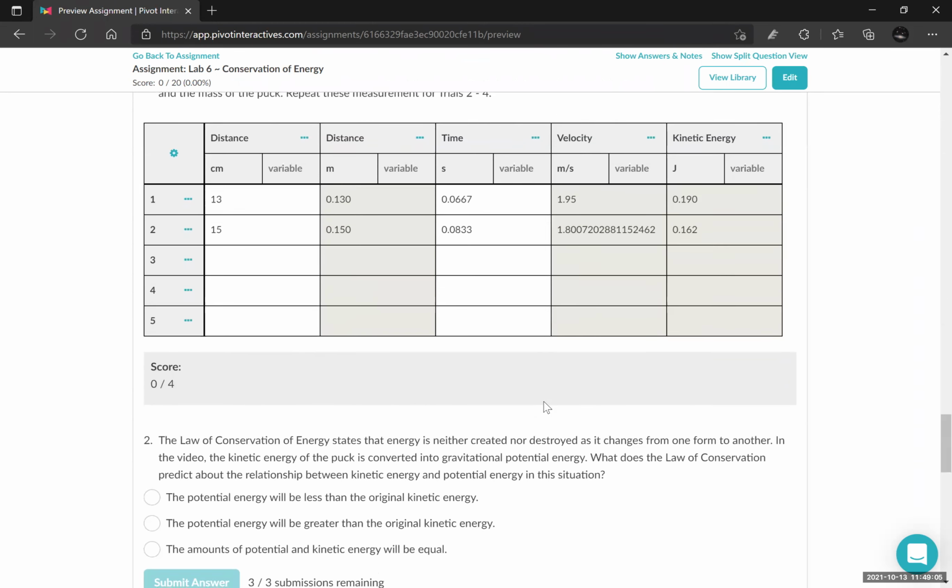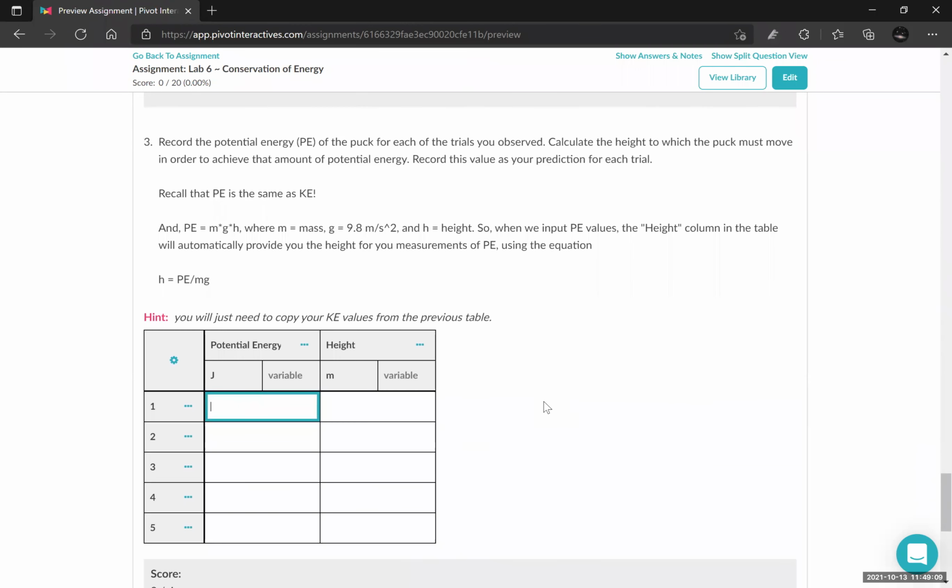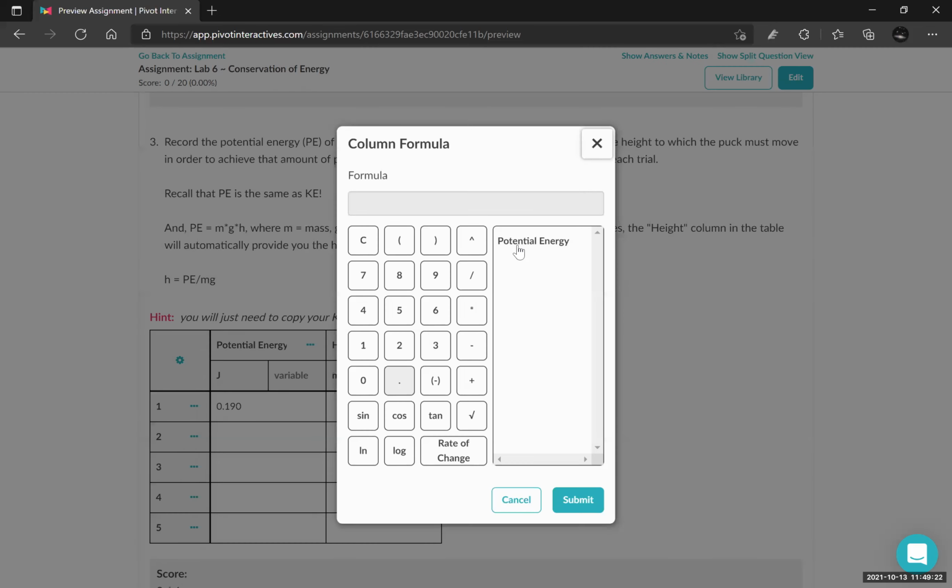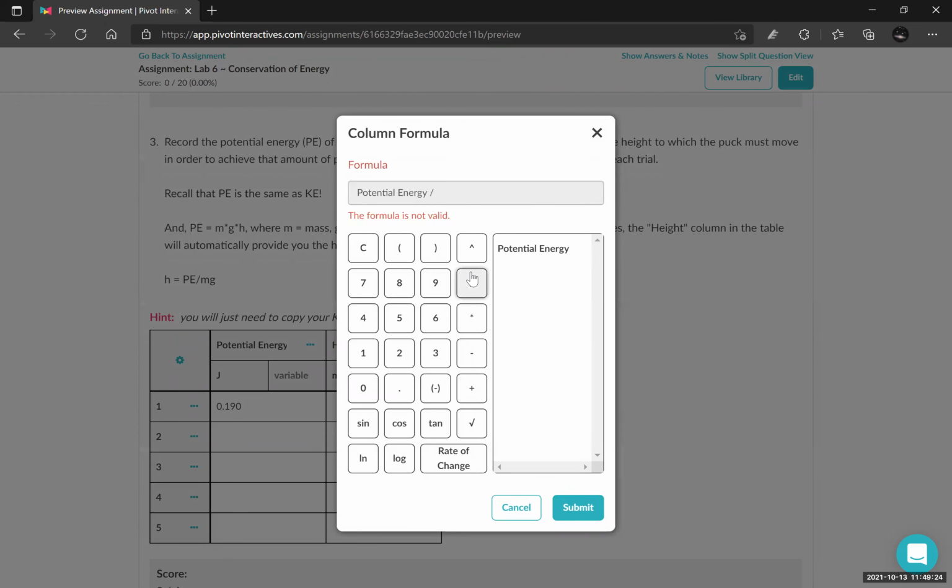So potential energy will be exactly the same when it goes up and stops. That means, for example, if I do 0.190, enter, then I'm going to have a height. You can use this equation to calculate the height: my potential energy divided by the mass and gravitational acceleration. So you open parentheses, and mass is whatever you calculate,